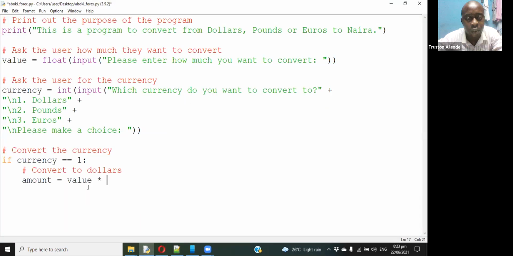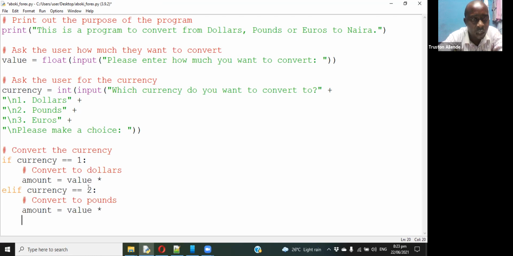We'll say else if currency equals to 2, then this is convert to pounds. Amount is equal to value times. Else if currency